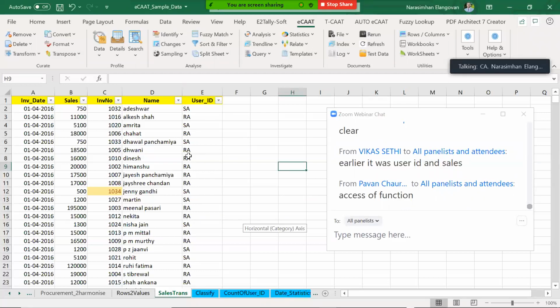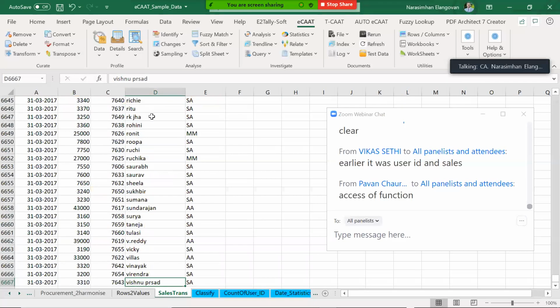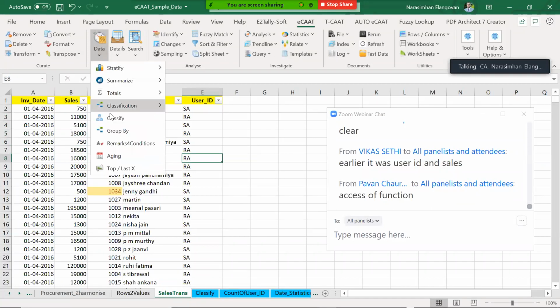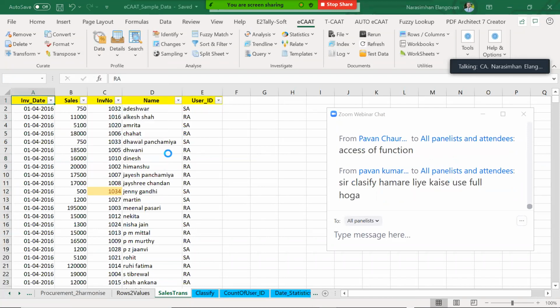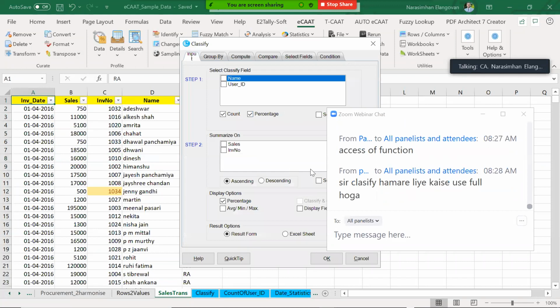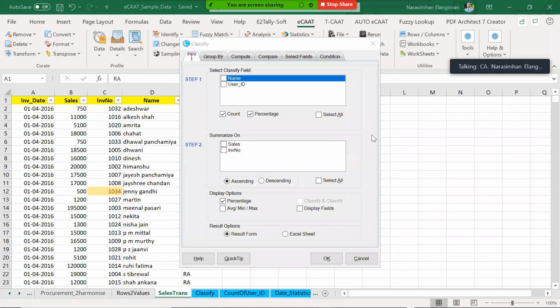Yeah, earlier we used user ID and sales. Correct. Now what can I do? I can run it with name, but names are so many, right? What will I get with the name? Correct. Maybe this data user ID is the best. You can still apply classify. Not that I'm denying it. Okay. Pawan, I just gave an example where all classify you can use. You can use it on GST 2A. Apply this on the GST 2A. In terms of purchases, in terms of vendor, in terms of sales, in terms of category, correct? You can apply it there.